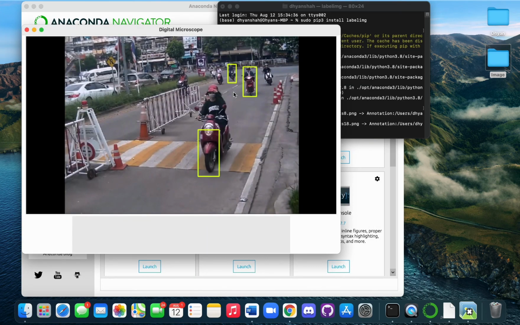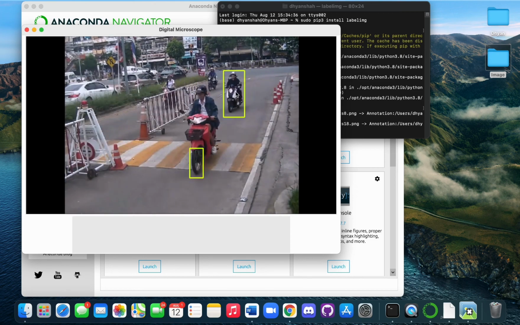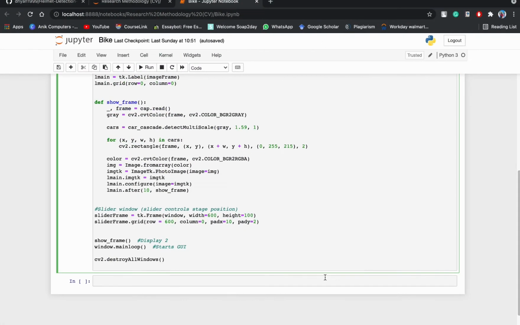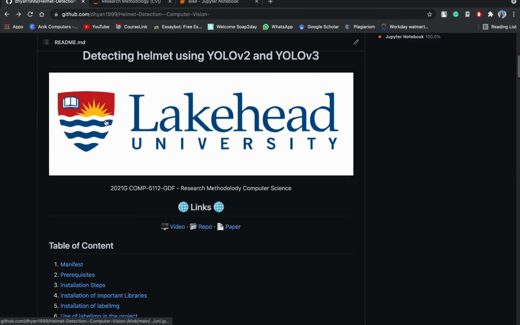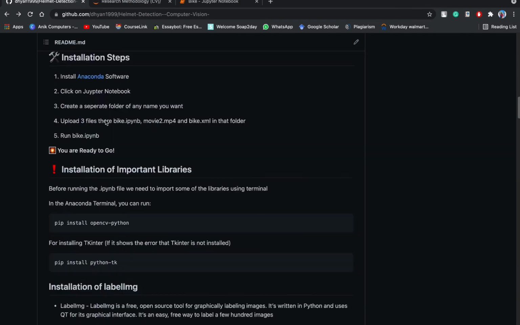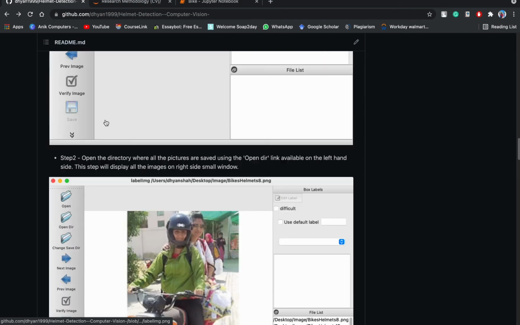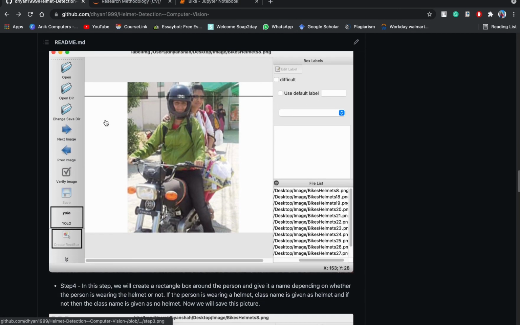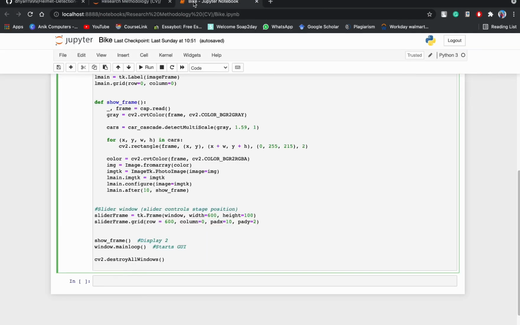The frame is continuously sliding from one place to another. This is how I have done helmet detection using YOLO V2 and YOLO V3. To see the code, you can refer to my GitHub repository, where I have uploaded all the files and all the methods. Thank you.